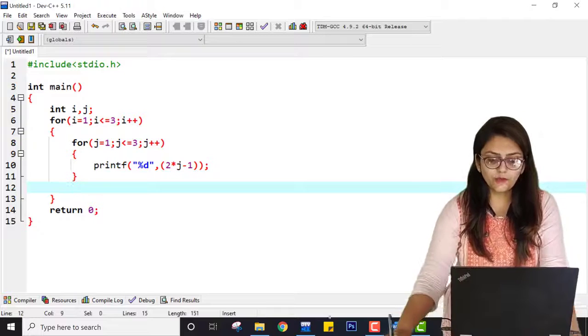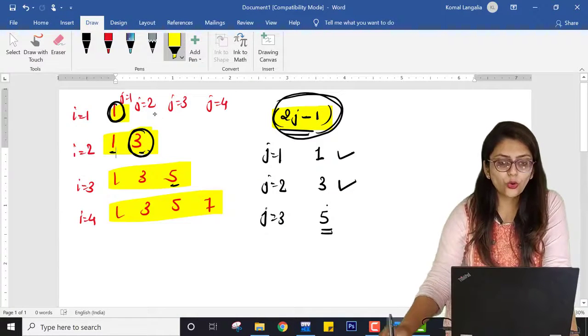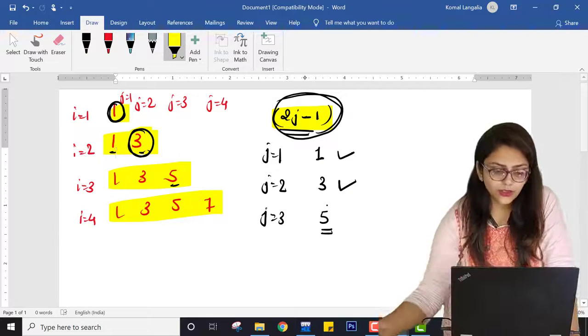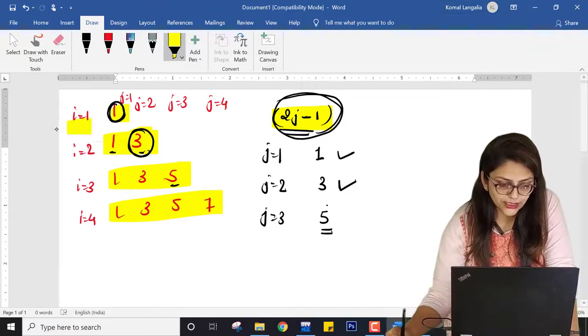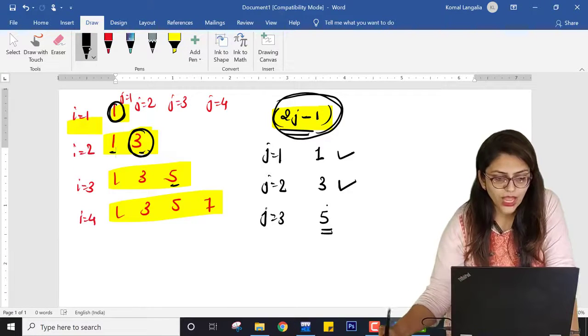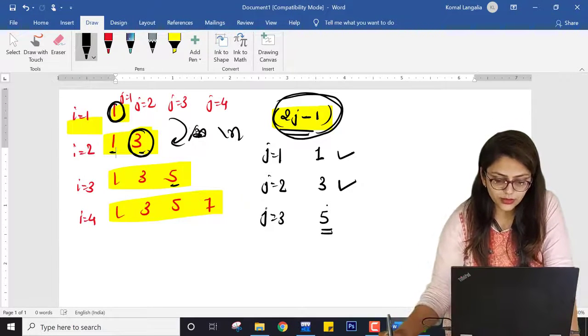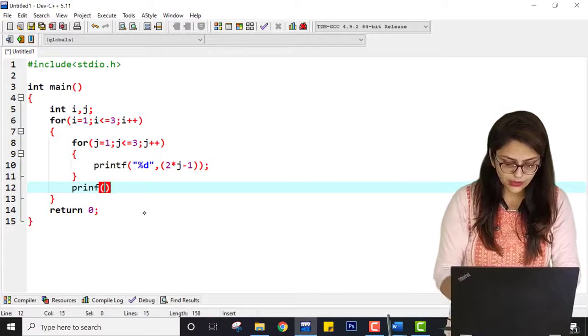But one thing you have noticed is that every time I have to go to the next line, right? Every time after this row completes, the value of i is changing, and I am going to the next line by using slash n. So I have to write the similar slash n logic that we had used in previous programs.